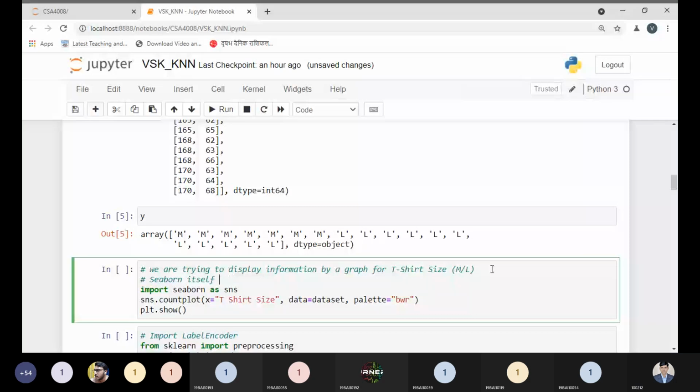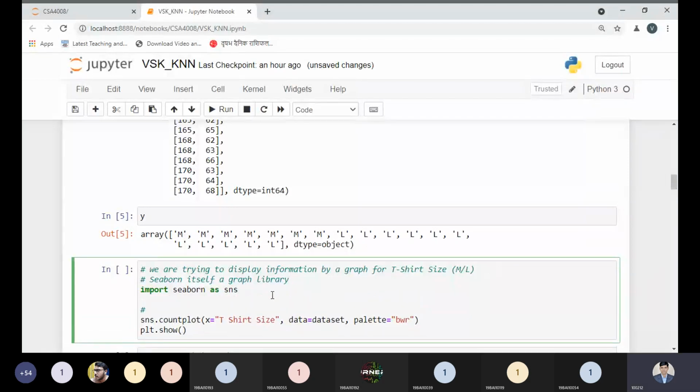is itself a graph library, as we discussed in our previous practical part. So I'm writing our library once again. With the help of this, we are using the count function, count plot. So this is the count plot. Count plot is a plotting method to display information